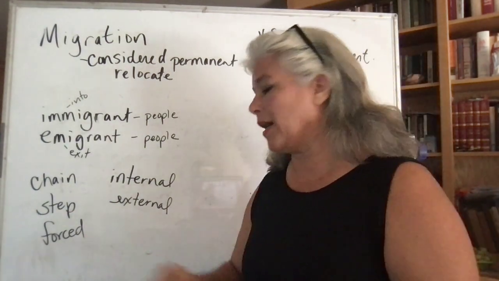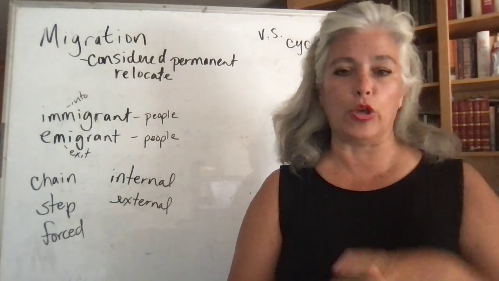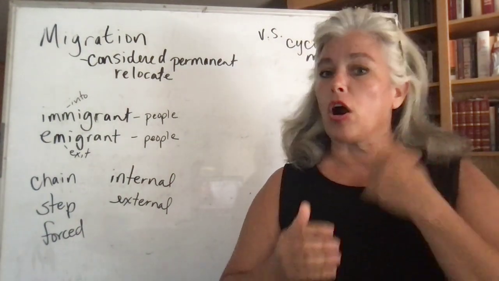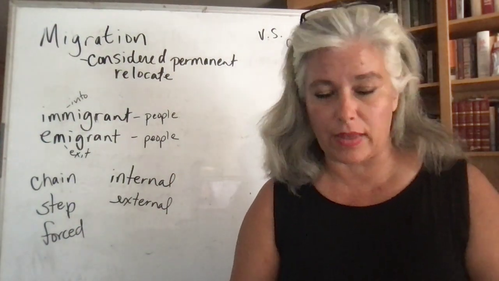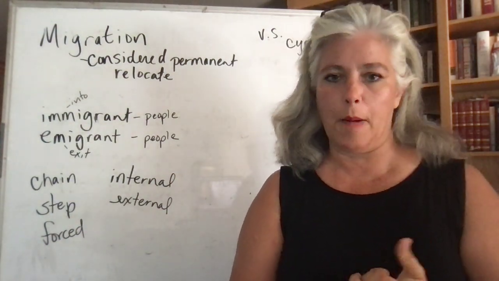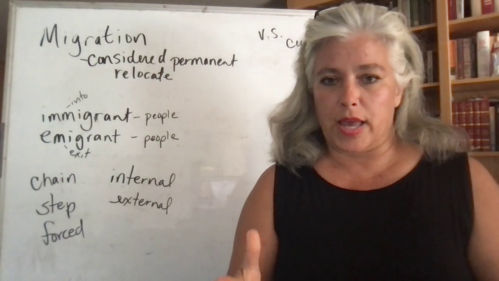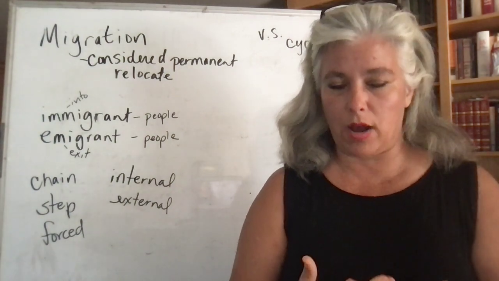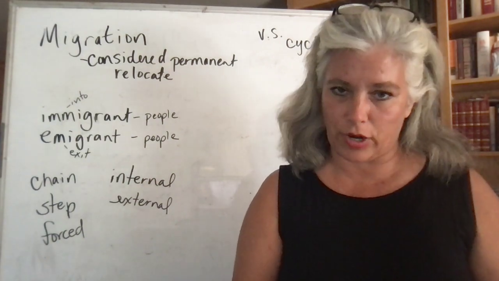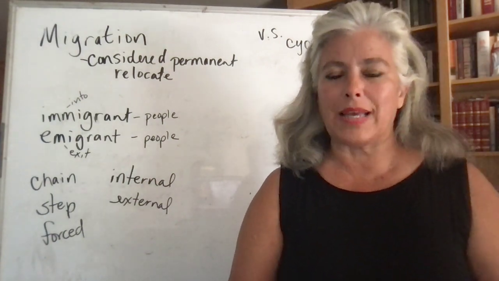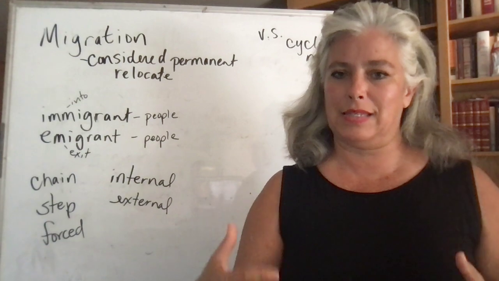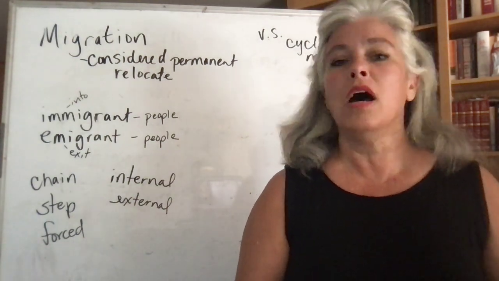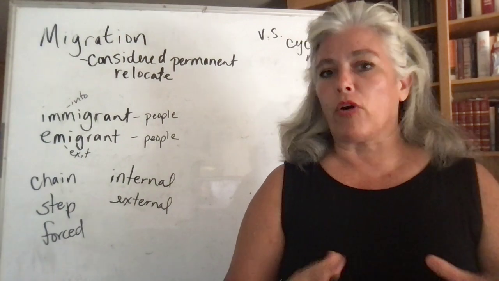Okay. Forced migration, of course, is something that you will know by a more common word, slavery. There are all sorts of forms of slavery that have existed throughout history and throughout the world. But the most common one that you and I are aware of in the United States is African slavery and the African slave trade, because that was the dominant form that existed in the United States, sanctioned by law, a couple of centuries ago, before it was abolished.